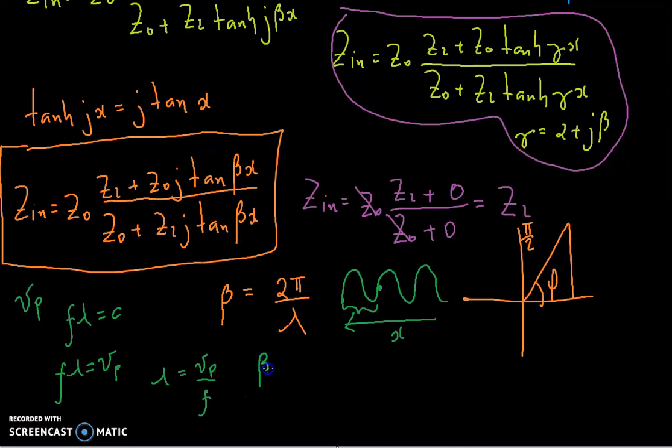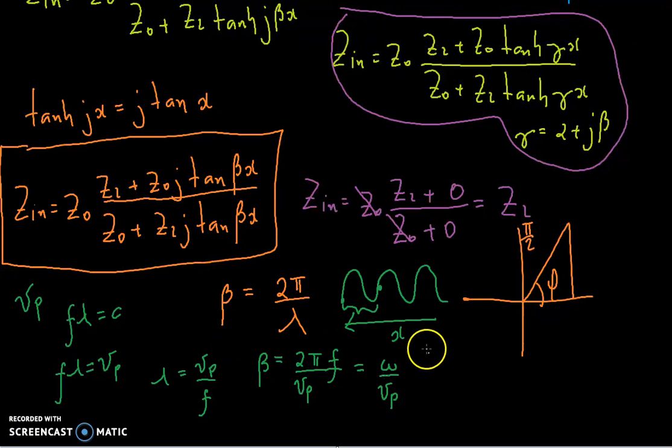So to calculate beta, we just write 2 pi divided by the wavelength, which is this. So this is the propagation velocity. And here is the frequency. This can also be written as omega divided by the propagation velocity. So this is what beta is, omega divided by the propagation velocity. So if you know your omega, if you know your propagation velocity, which is given by the dielectric,